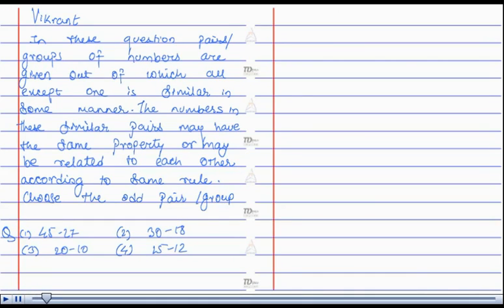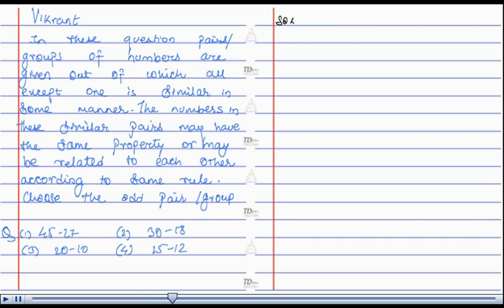Hello, I am Vikrant. In this question, pairs and groups of numbers are given, out of which all except one is similar in some manner. The numbers in these similar pairs may have the same property or may be related to each other according to the same rule. Choose the odd pair or group. The solution is,